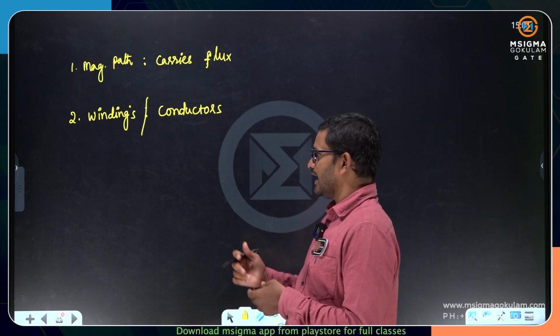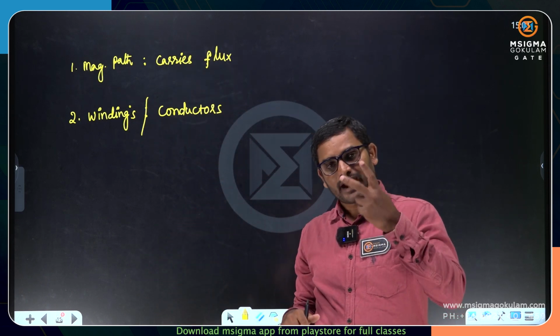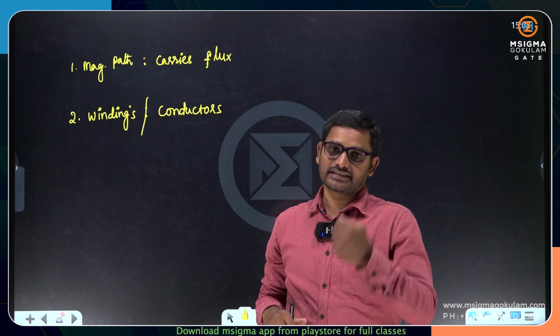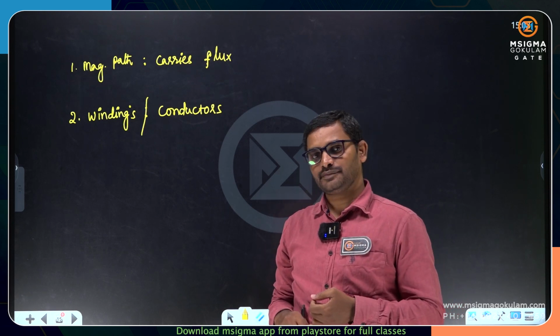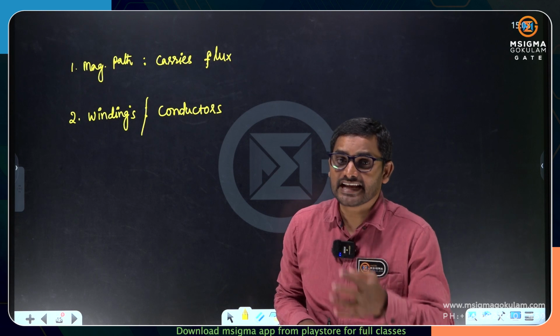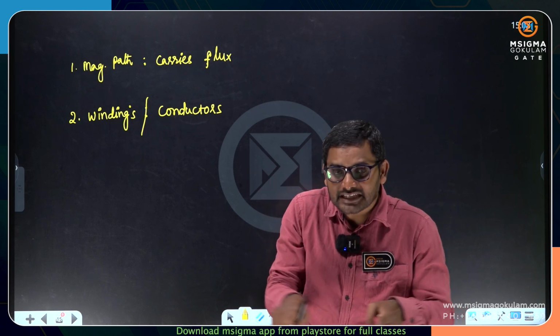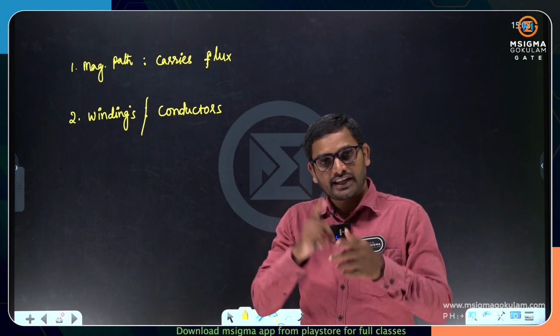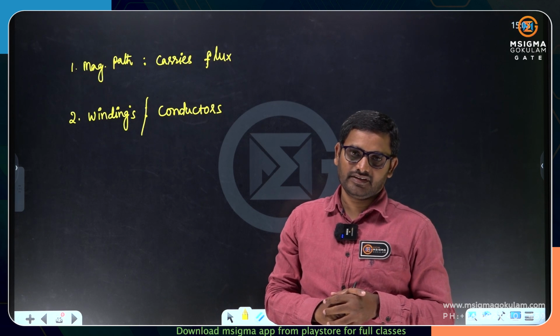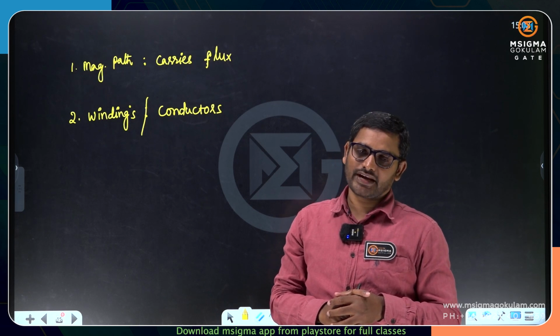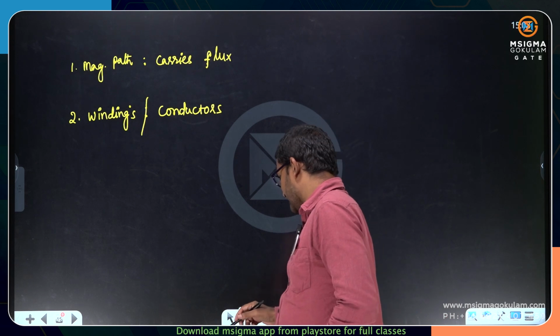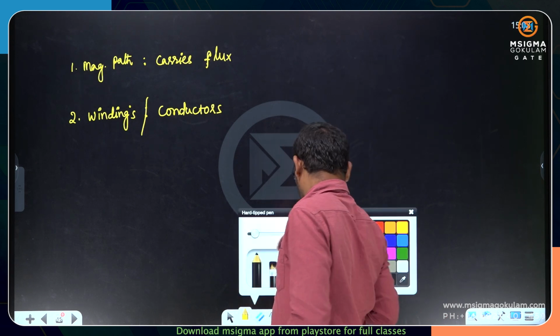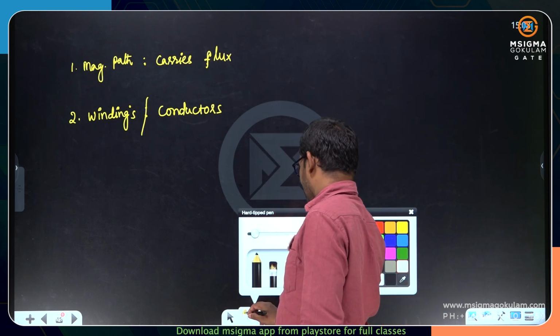Okay. So I said there are two magnetic paths and two windings. If it is a transformer, only one magnetic path is there and two windings are there. So why are two windings there? Why not only one winding? Because here, see,